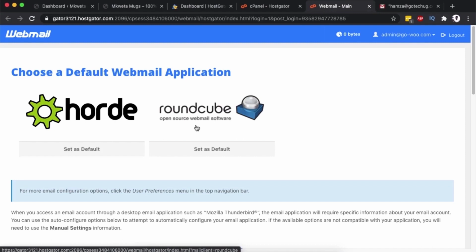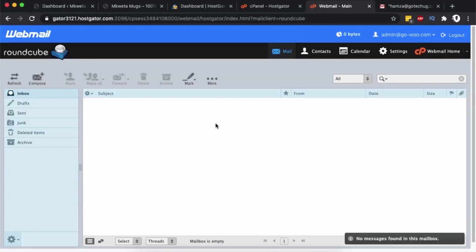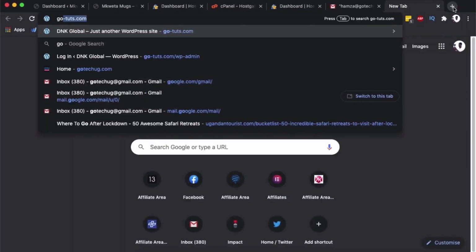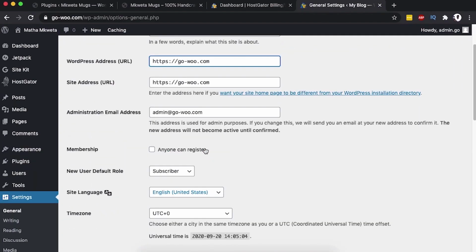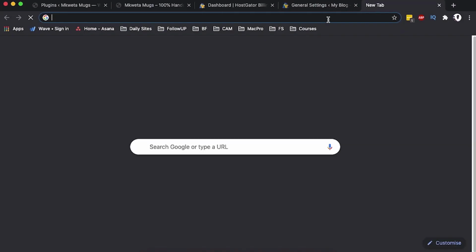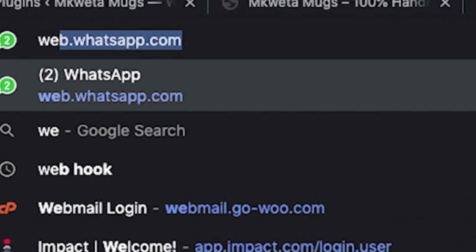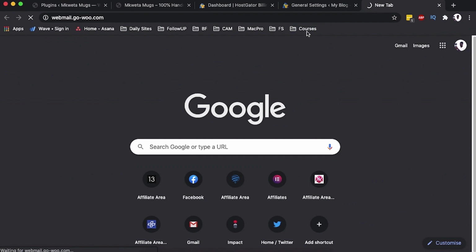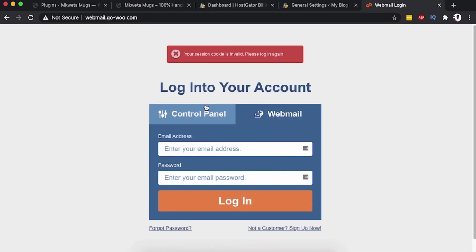Here I'll be redirected to the webmail account or to the webmail platform. Then here I'll choose Roundcube. So I'll set it as default. Okay, cool. So now I'm logged into this webmail account. So to access the webmail without necessarily logging to your cPanel, you simply just click over here, add a new tab, add your domain, and then you're going to say /webmail. Now this will straight take you to the webmail access point where you'll have to enter in your username